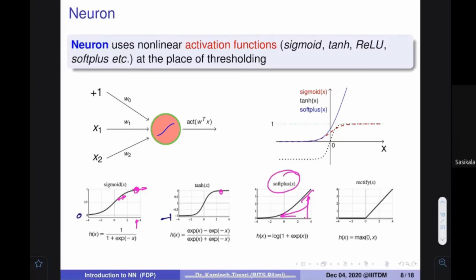It converges very fast. Then again, there is a problem with finding the derivative, so the next best alternative is the rectified linear unit, called the ReLU. This is a function where, when the value is less than 0, it is 0. Otherwise, it is x. So if you want to find the derivative, immediately you know that here the derivative is 1. You need not do any kind of computation. Very fast. So computation is even faster here.